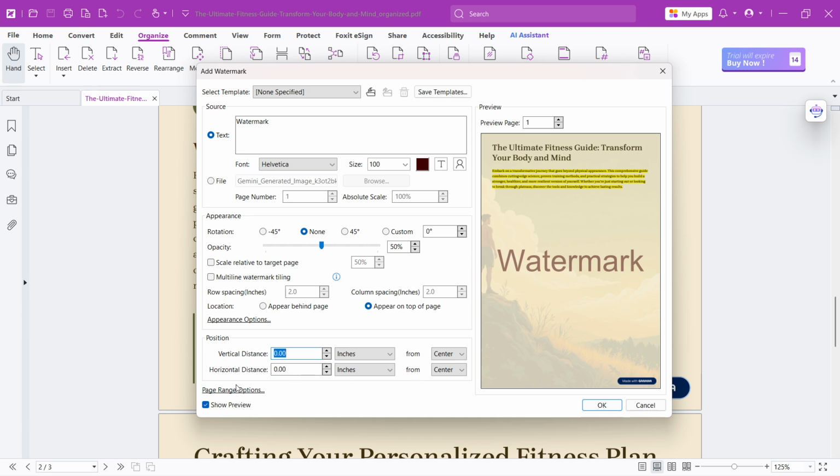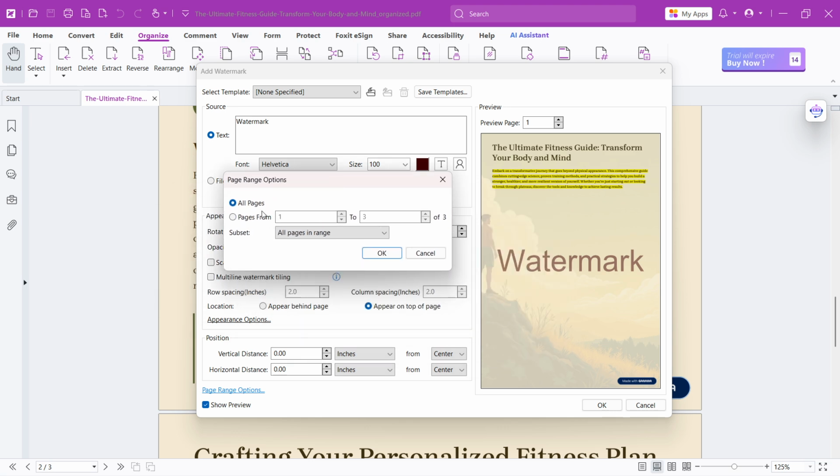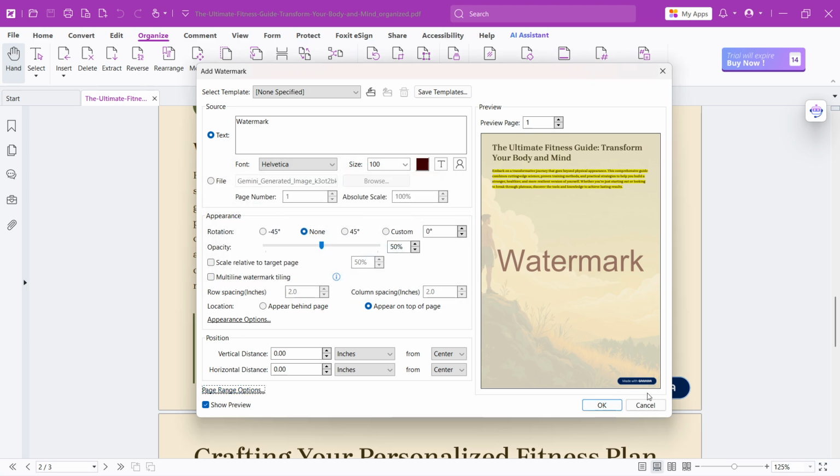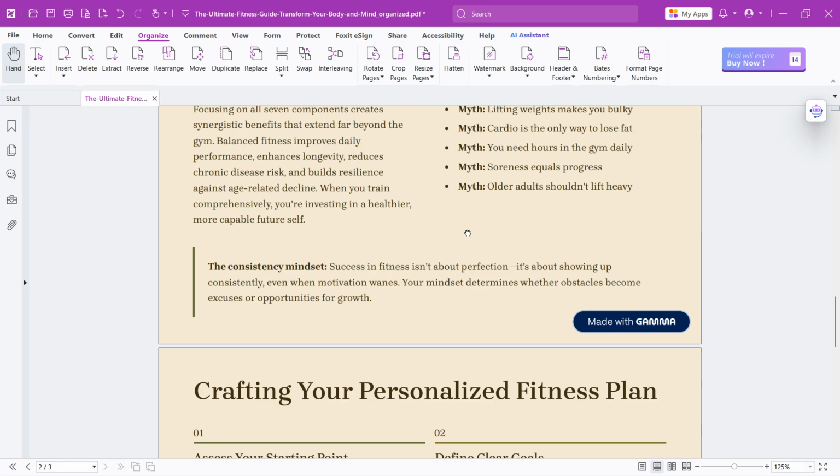And yeah, of course, you could also do the page range options here, which is quite important. So if you wanted to have it on all pages, you can do that over here. But if you want only a specific range of pages, you can do pages from. And then of course, you could do even pages only, odd pages only, or all pages in range. And then just select the range, click on OK, and click on OK again. And it's going to add a watermark on those specific pages. So that's how